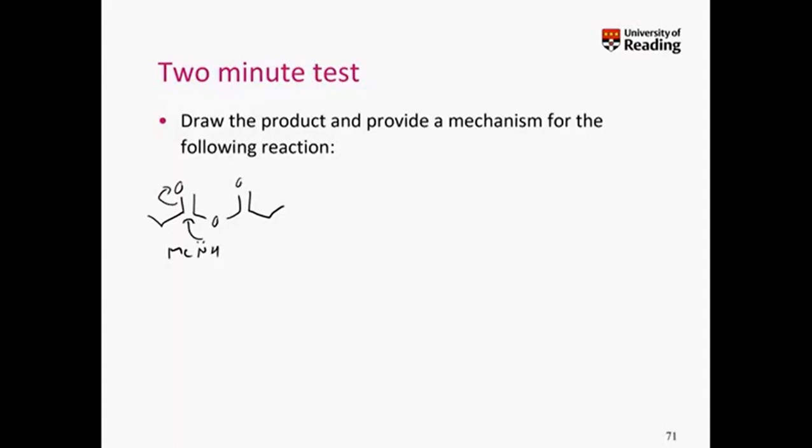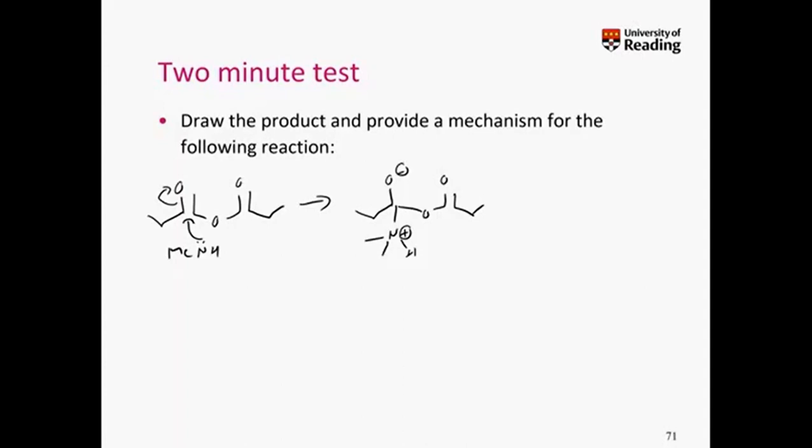We break the carbon oxygen double bond. So we've broken that. We give O minus. Then we have our NH Me2. Okay, so what we mean by that is that this nitrogen now has two methyl groups and a positive